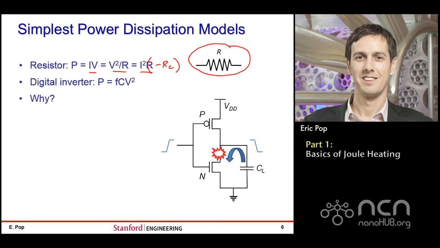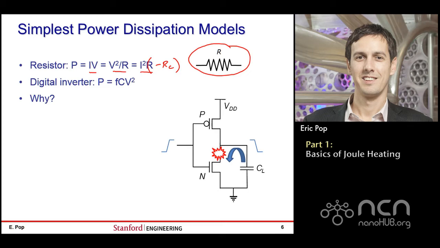The drawback with this model is that we don't know where the power is dissipated, whether it's dissipated in the contacts, or in the middle of the channel, or near the drain or the source end of the channel of a transistor. We also have no idea whether high energy or low energy phonons are generated. We just know roughly the total amount of power in watts which is being dissipated inside the device.